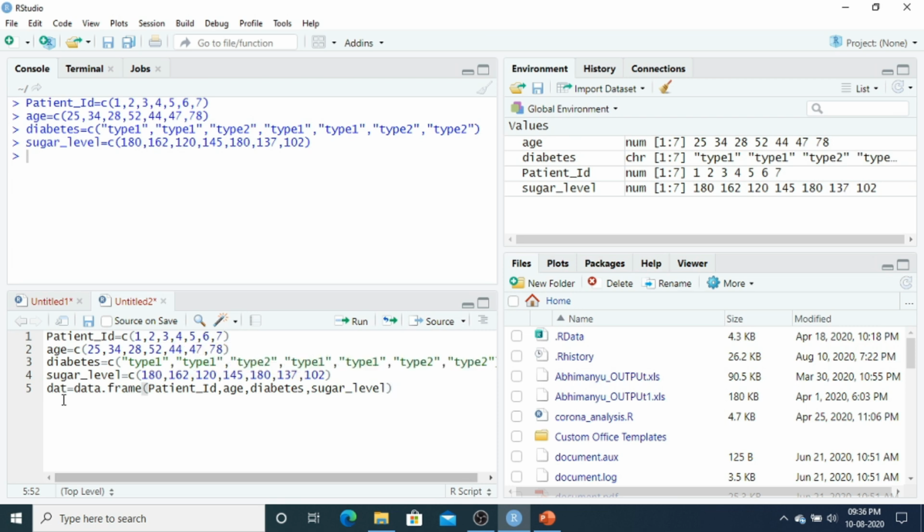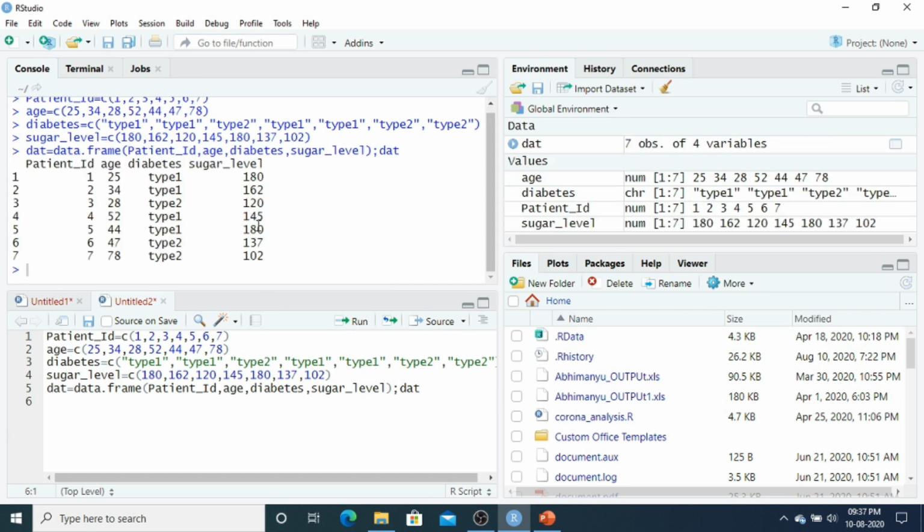So I have created a data frame whose name is dat. Let us run it. I can call it in the same line, so I can write dat here also. Okay, this is one way you can create the data frame.